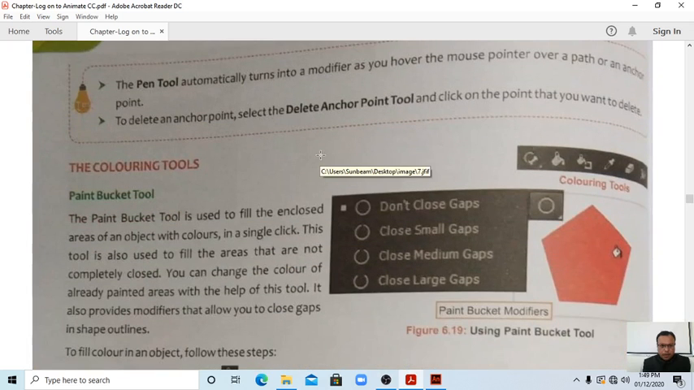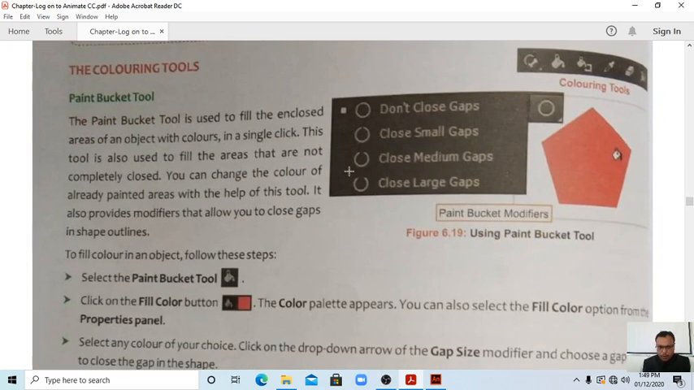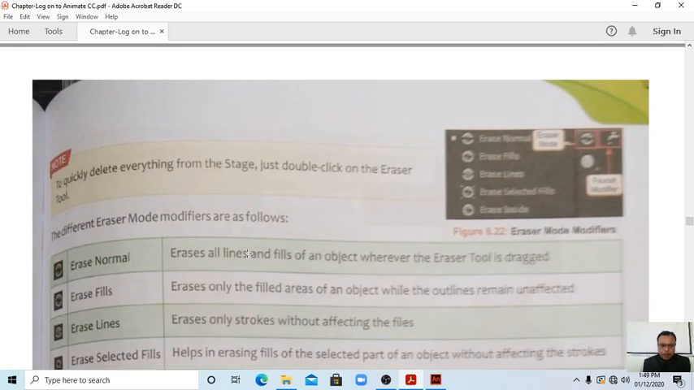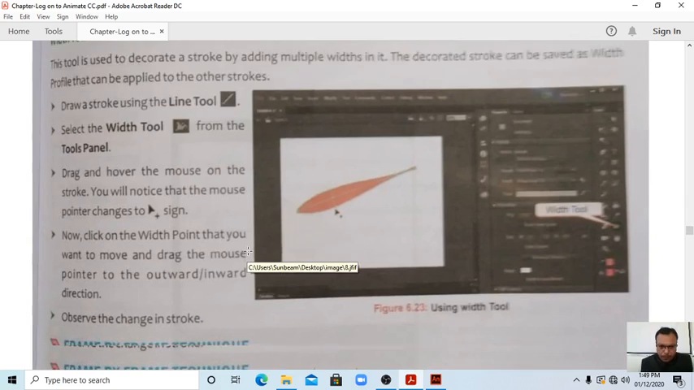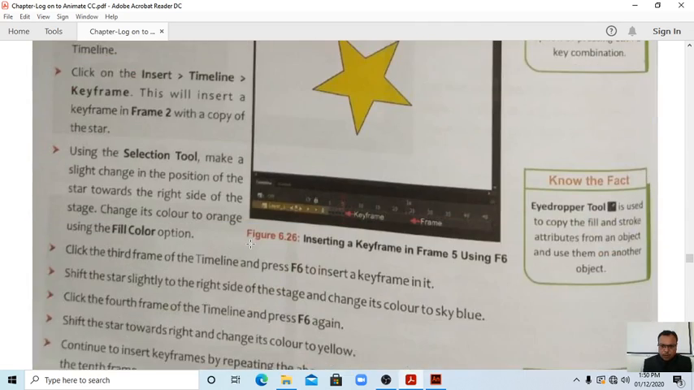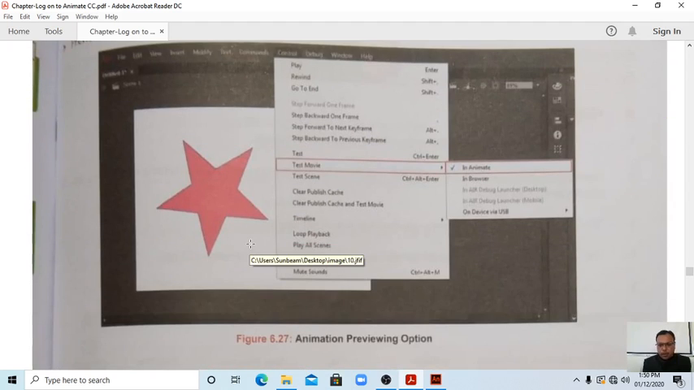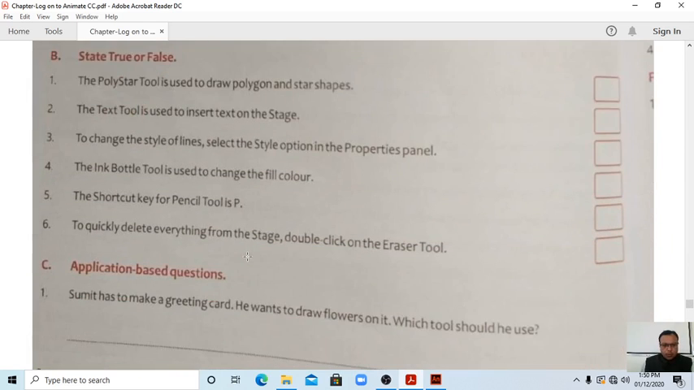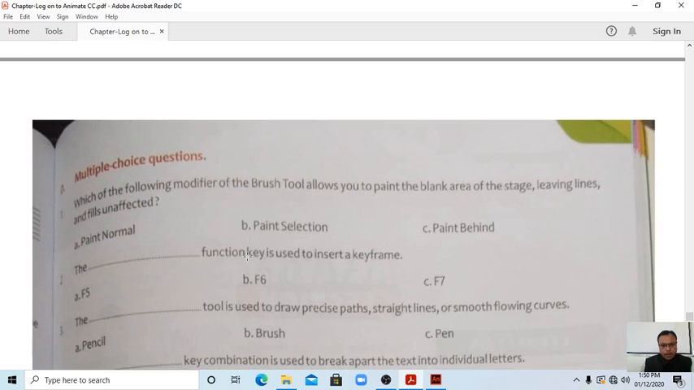And after that, we have the paint bucket tool. How to use the paint bucket tool, ink bottle tool and eraser, how we can erase them. Okay, and there are types of erasers given. Today we have just discussed the frame by frame techniques. Okay students, so whatever we have done in this chapter, you have understood, and with practice you will be able to do this. Next, here are given fill in the blanks, true false, application based questions, multiple choice questions,